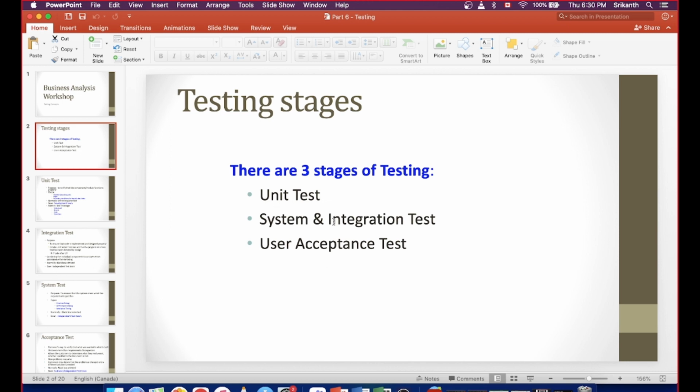First one will be unit test. Second one, system and integration test. And third one is user acceptance testing. I might have touched these topics in the beginning of the tutorial itself, but what unit test means is